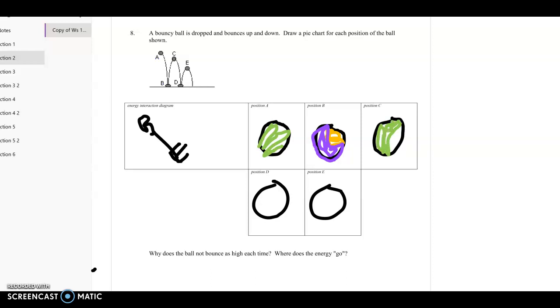Now, I know thermal is always increasing, and there are those of you who want it to increase from B to C. It certainly doesn't get less, but if we work this without air resistance, which I think is what I put in the hints, then from B to C it would not get more because there's no air resistance and there's no encounter. Right, so it's the same. And at C it's still moving forward, so even though it's at the top of its rise, it does have some kinetic,